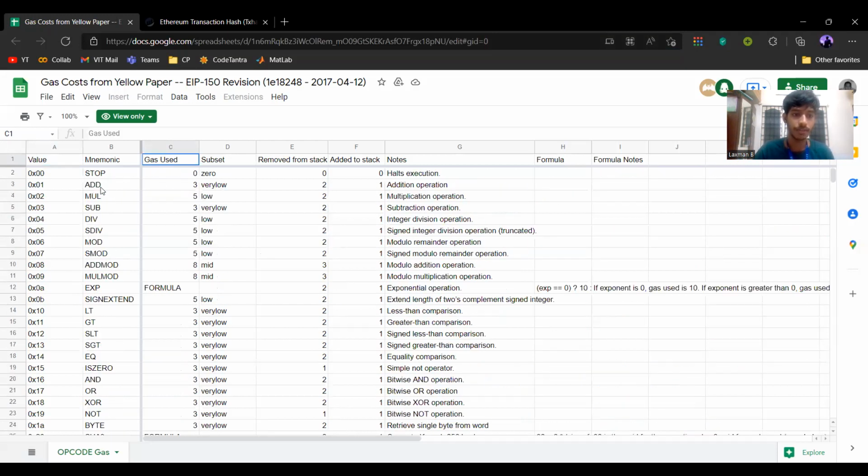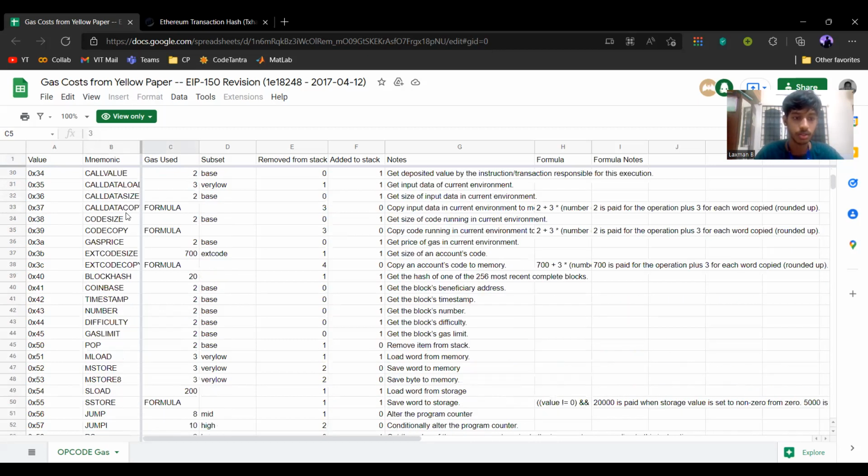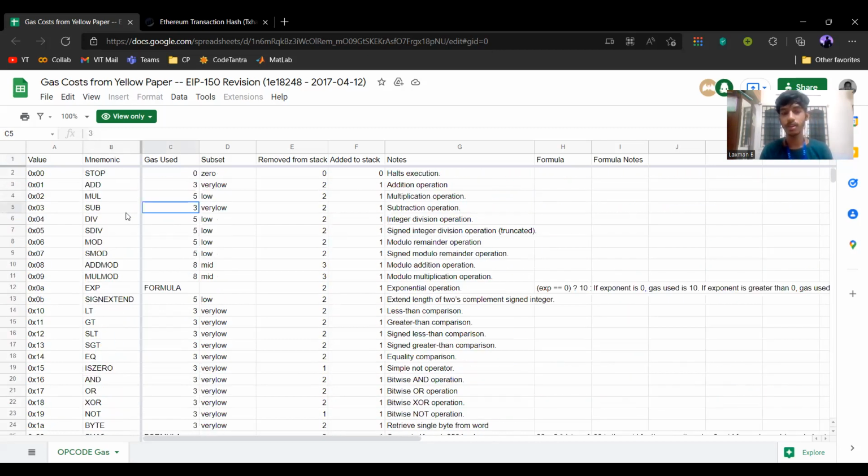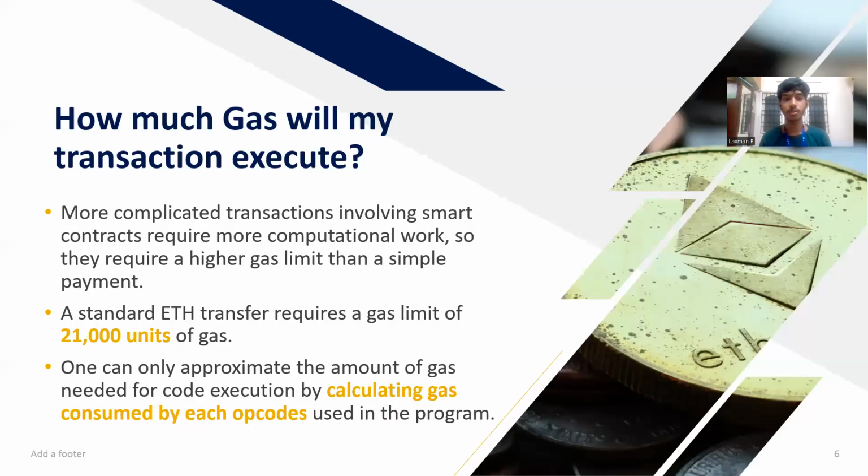As we can see, for addition we need 3 gas. For multiplication, we need 5 gas. For subtraction, we need 3 gas. So on and so forth. For each type of opcode, we need some specific amount of gas. By using this information, we can calculate approximately how much gas is needed to make my smart contract run in the Ethereum blockchain system. So this is how we calculate how much gas is needed for my transaction to get executed in